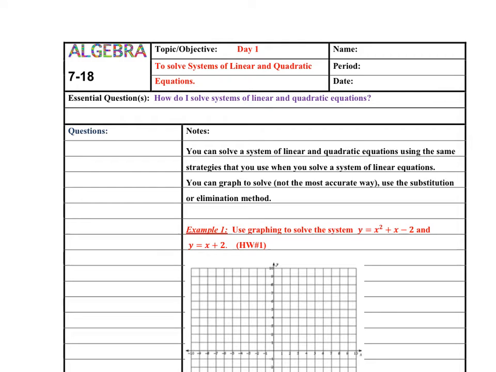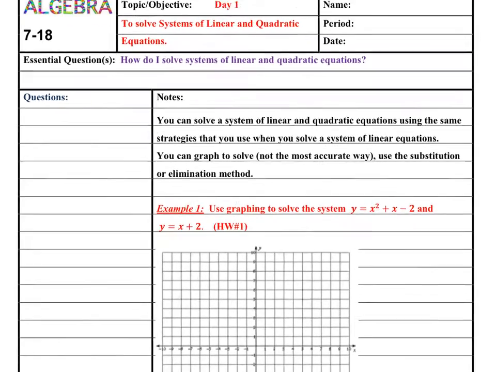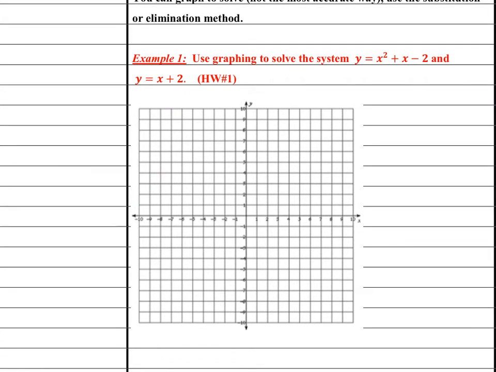Today we are going to solve systems of linear and quadratic equations. Our first problem is to solve by graphing. So just like we did before with systems, we're going to see where they intersect. So I'm going to start by making the line